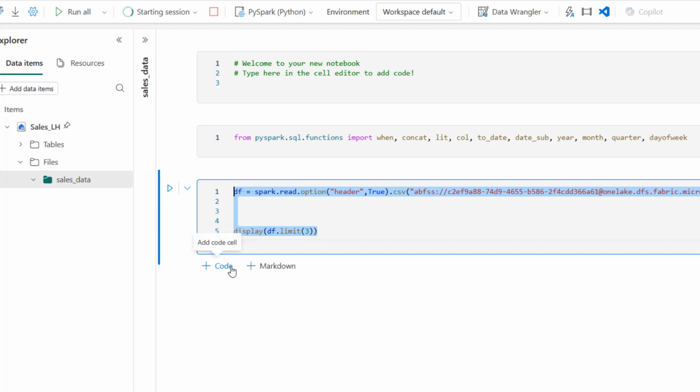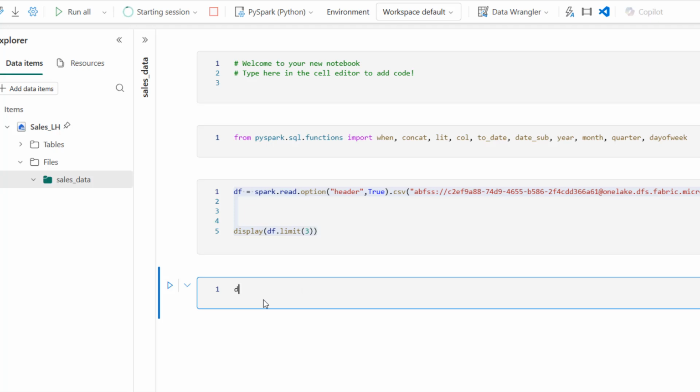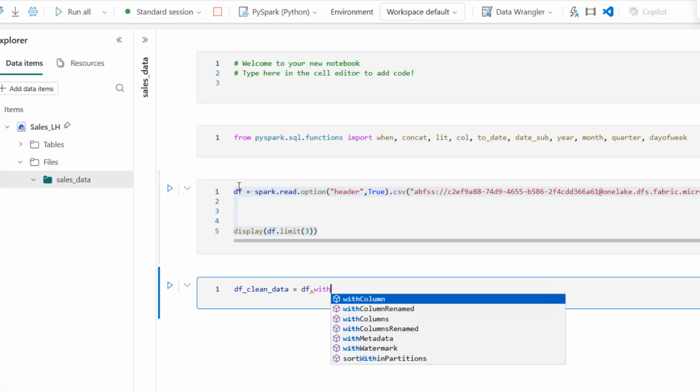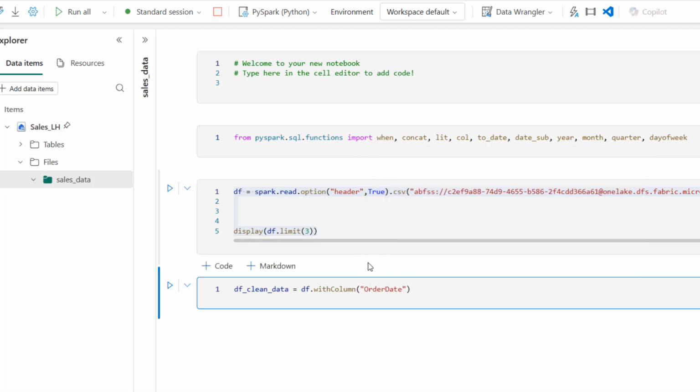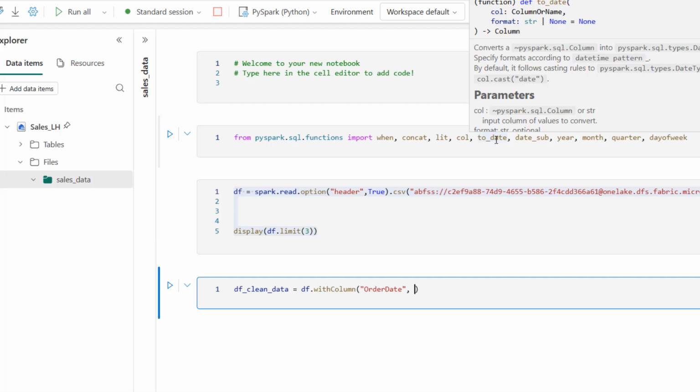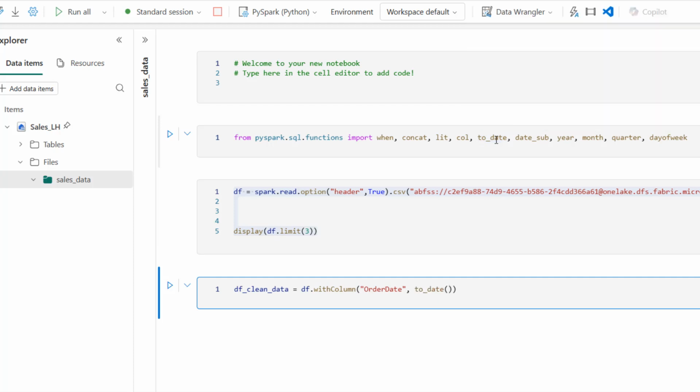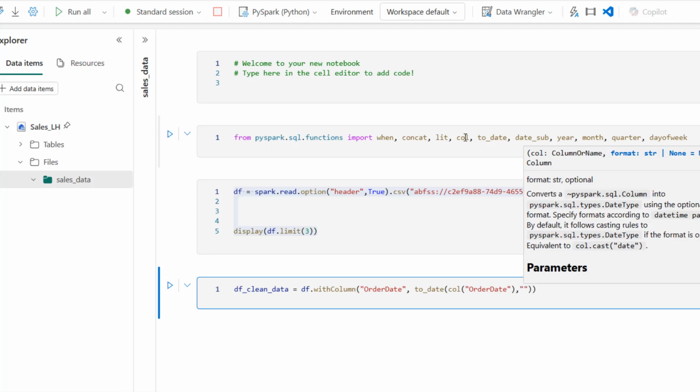So for that, I'm going to create a new cell at the bottom, and I'm going to do df_clean_data equals, and I'm going to refer back to this df dot, and I can use the withColumn, and for the withColumn I'm going to pass in the name of my column, the Order Date, comma, and since we are importing the to_date function, I'm going to do to_date, open the bracket, and I'm going to use the col function that we're also importing, and then inside double quotes I'm going to call the name of the column that I want to transform to a proper date column, and I'm going to put in a comma, and then I'm going to specify the format as